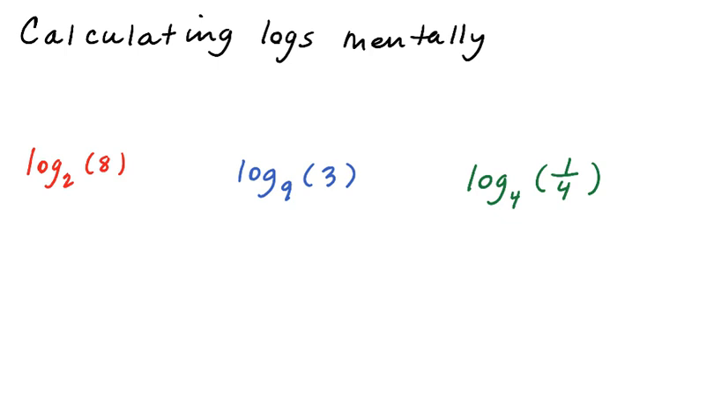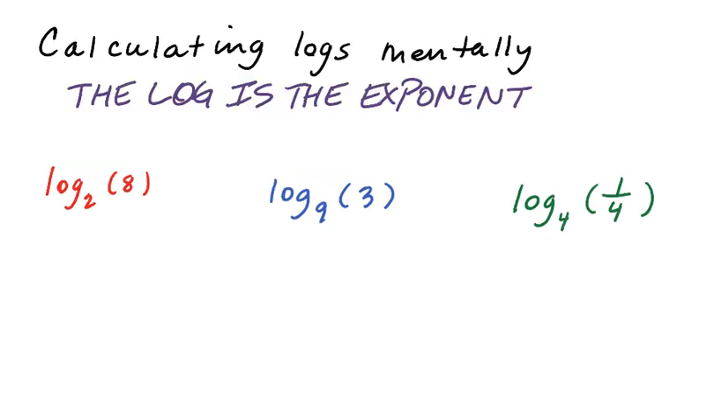All right, next I'm going to show you how to calculate logs mentally. These are just for the easy ones that you want to be able to do really quickly. Remember, the log is the exponent. So you ask yourself, what special exponent do I put on 2 to get 8? Well, 2 to the what equals 8? 2 to the 3 equals 8. So the log base 2 of 8, which is the special exponent I put on 2 to get 8, is